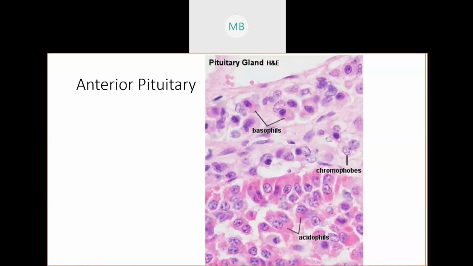When you see basophils, they are far more likely to be in a blood scraping or a microscope slide of blood, so you can see the different blood cells. So we're going to skip over basophils right now. I am 95% sure you are not going to be asked to identify a basophil from the pituitary gland. But this brings us to our two other types of cells in your anterior pituitary, chromophobes